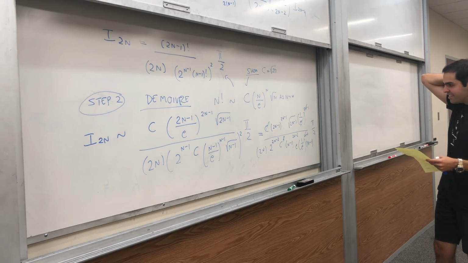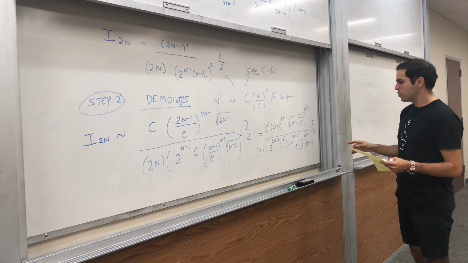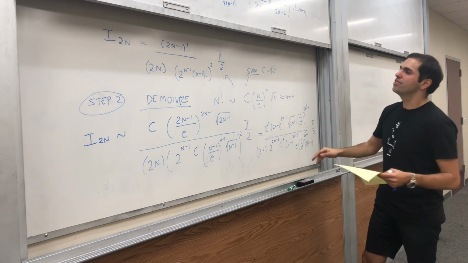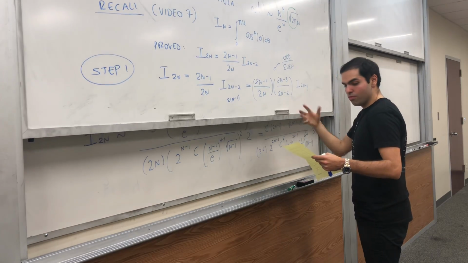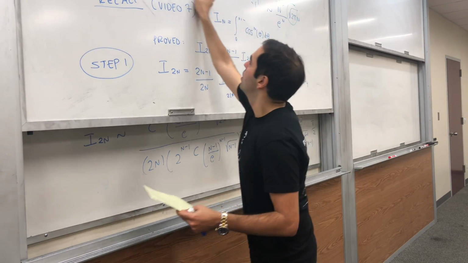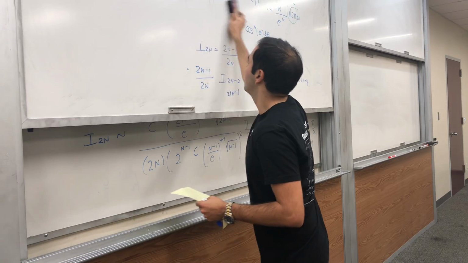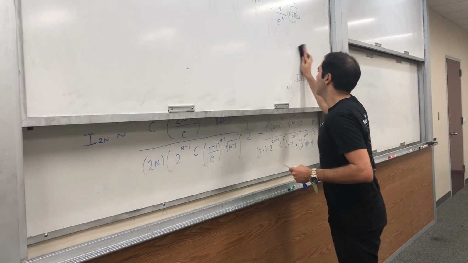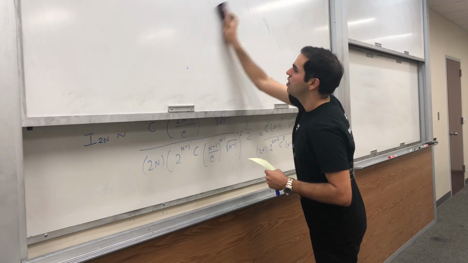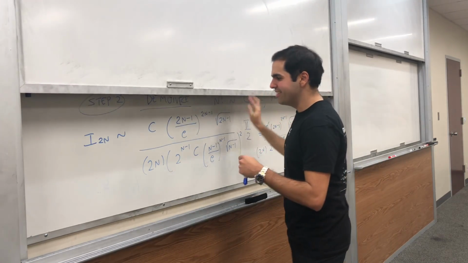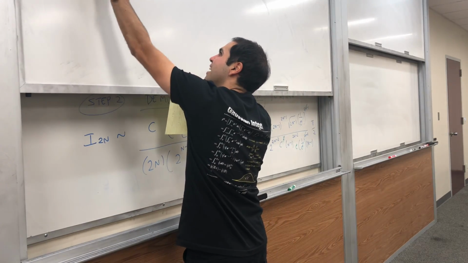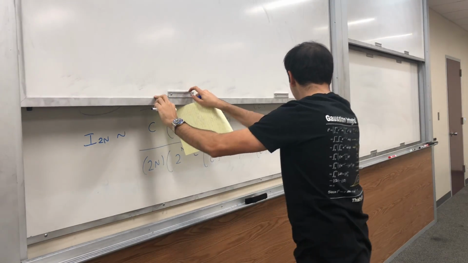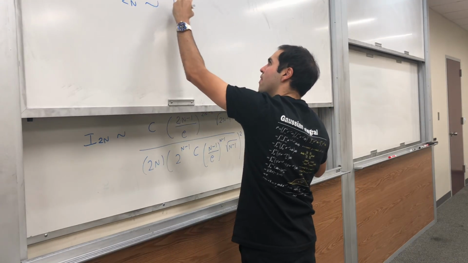And then what's the next step? We'll see what the next step is. So the next step is to group terms that are alike. So it turns out then what you get. Now I regret using the backboard, but we get I to the 2n is equivalent to, so we have this